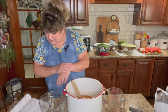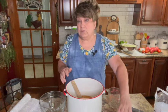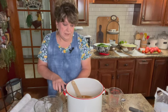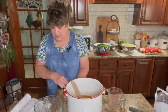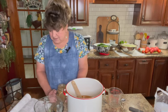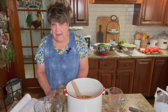Now we're going to add some seasoning. Now, you can add whatever seasoning you like to your pickles. That's not going to affect the preserving process, the canning process. This recipe has a tablespoon of celery seed and a tablespoon of mustard seed, and that's all they have for